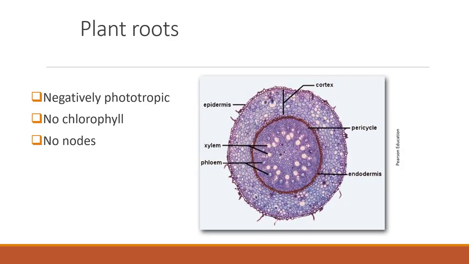So that's how you know it's not a stem. There are underground structures that are stems. Think of things like irises, which have rhizomes. Those are stems because they're going to have nodes on them or buds. Potatoes, the eyes are nodes. And just keep in mind that 80% of all plant disorders include soil and root problems. So it's such a huge part of the health of a plant.